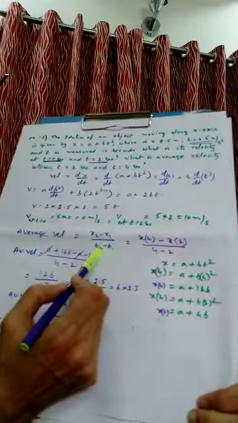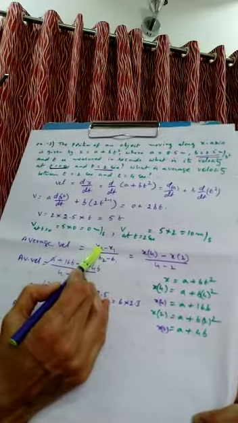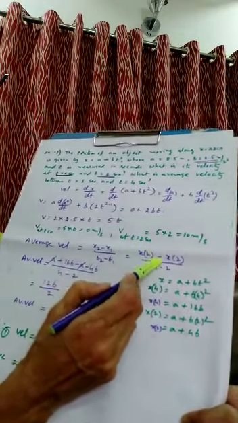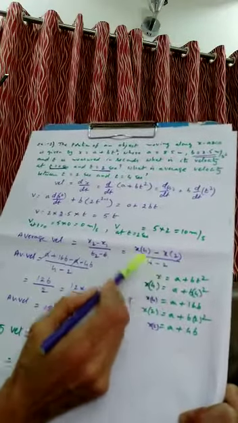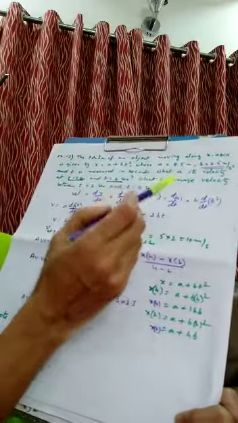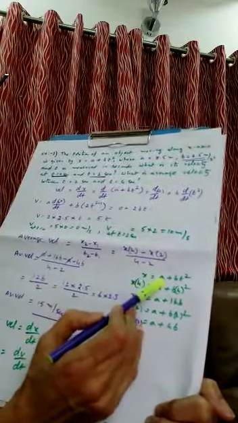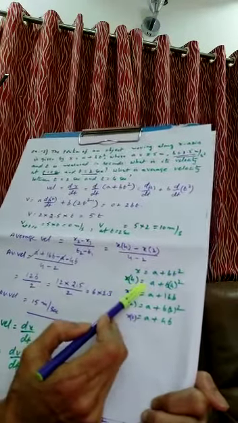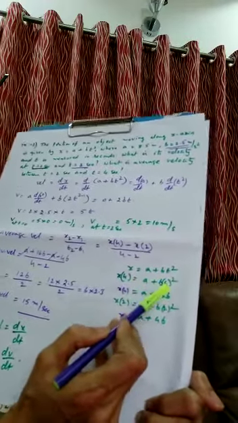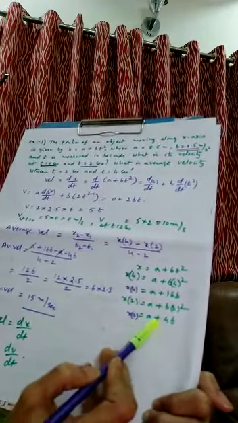What is the formula for average velocity? x2 minus x1 upon t2 minus t1. So x2 means the position at time t2. What is the value of time t2? 4 seconds. So x of 4 minus x of 2 upon 4 minus 2. How do you find x of 4? Take the displacement equation and substitute the value of t as 4. Simple. So we write x is equal to a plus bt square. So x of 4 is equal to a plus b into 4 square. What is b into 4 square? 16b we got. Similarly, x of 2 is a plus 4b.